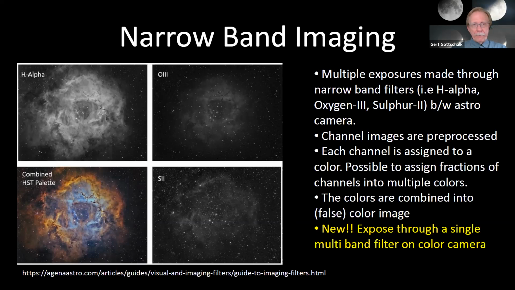But we have to remember that even the combined image, it looks colored to our eyes. It is what you would call a false color image. If you would have a super spaceship and superhuman eyes, and you would fly next to the Rosette Nebula, this would not be how it would look like. It would look different. This is a representation that I think the folks in Hubble had developed to color encode